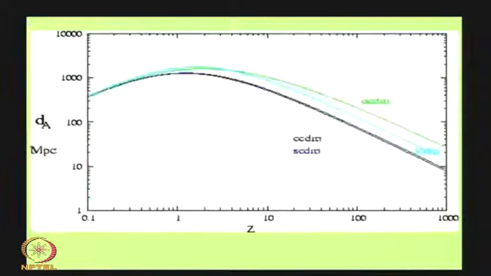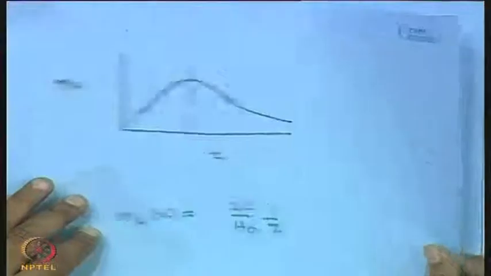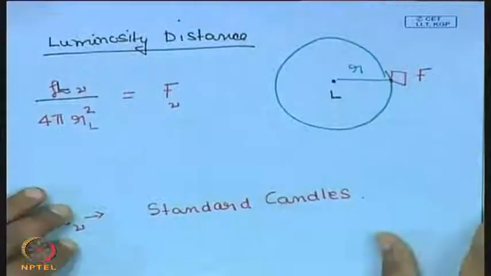And if you look at the behavior over a large redshift range, this is what it looks like. And at large redshifts, the OpenCDM model has a larger angular diameter distance compared to the LCDM, and LCDM has larger than the standard CDM or the curved one with a positive curvature. Okay. So, this is the angular diameter distance. It basically refers to angles.